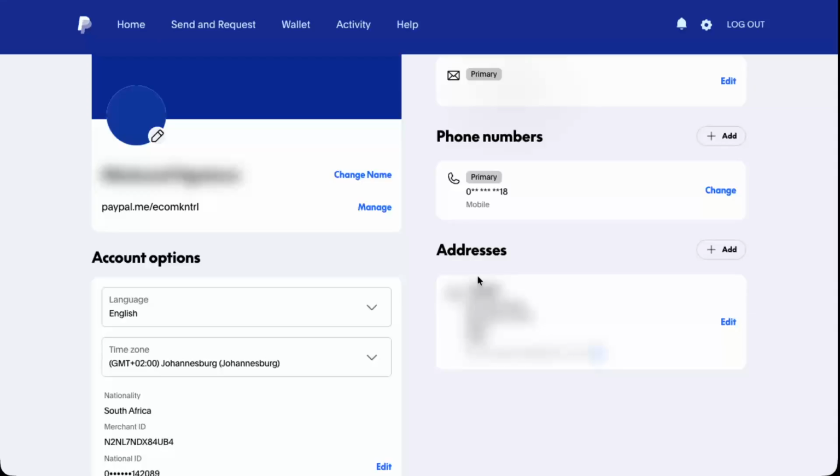And that's it. By going to your dashboard, opening the settings with the gear icon, and reviewing the emails and addresses sections, you can easily